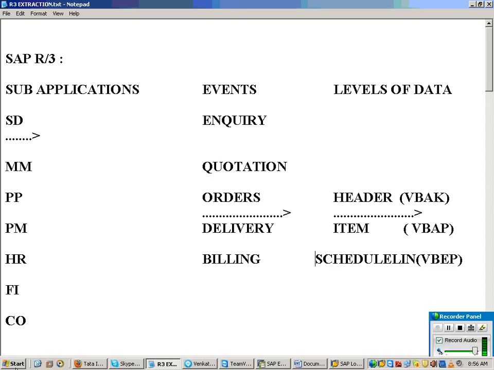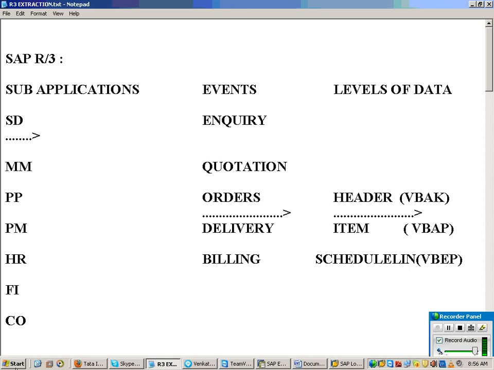But when I am loading it into BI, I have a cube. Yesterday I showed you a ready-made cube called orders, 0SD underscore C05. From where do you have to extract now? From these 3 tables, VBAK, VBAP and VBEP. One thing you can do is create 3 data sources in R3, then replicate the 3 data sources and connect them to one cube. But if you do that, you have to trigger 3 info packages, then 3 DTPs, and maintenance is a big problem.